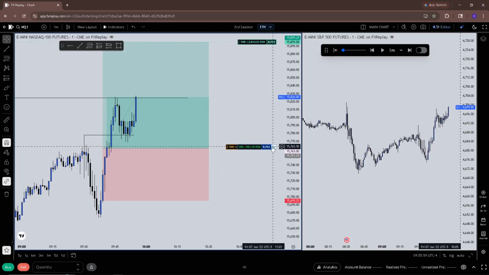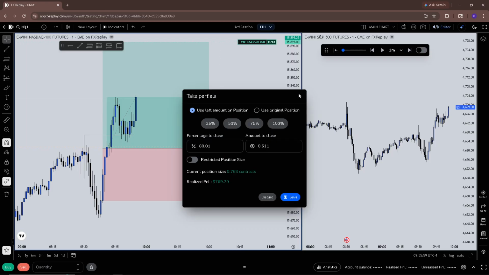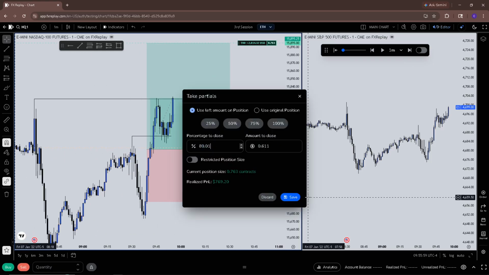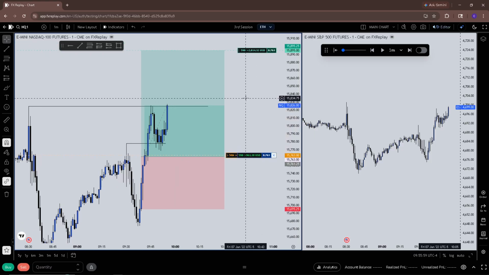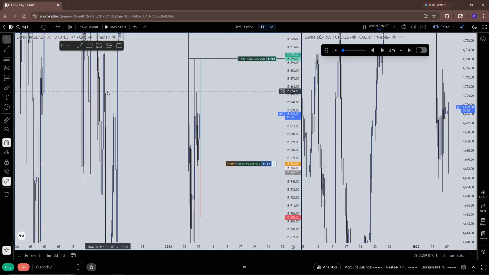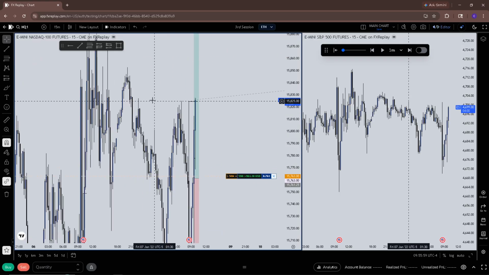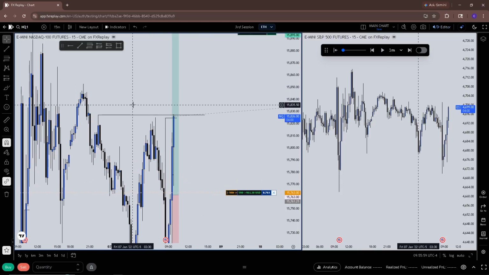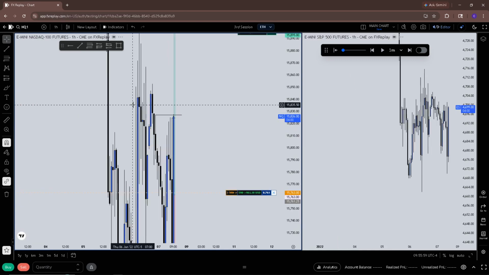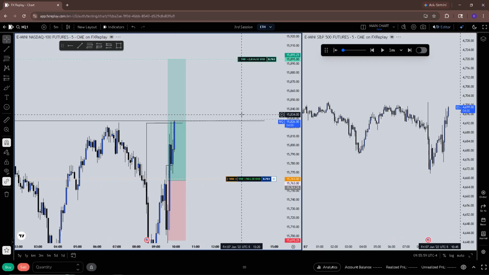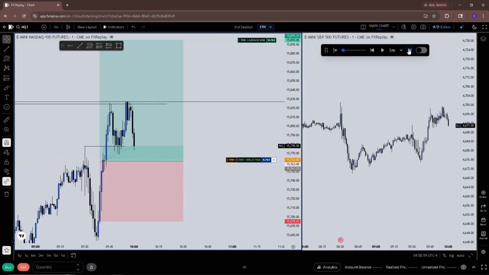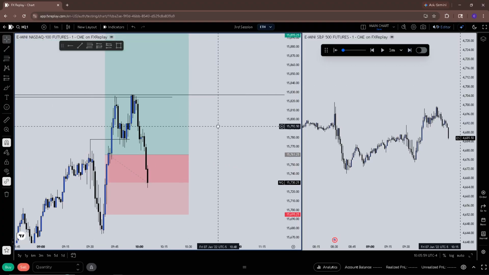Bro, perfect. I'm taking 80%. It's less than 1% of my count. Bro, I kind of just gotta let this run, to be honest. Like, can't really scale for that. This is a high inside of a 15-minute we just swept. Bro, I think there's room to go higher, though, to be honest. Like, alright, we're break even.